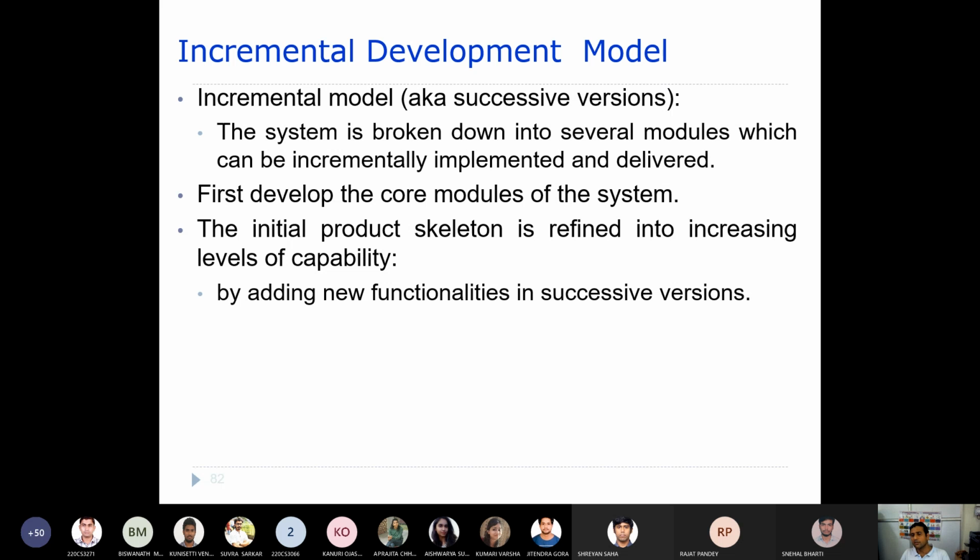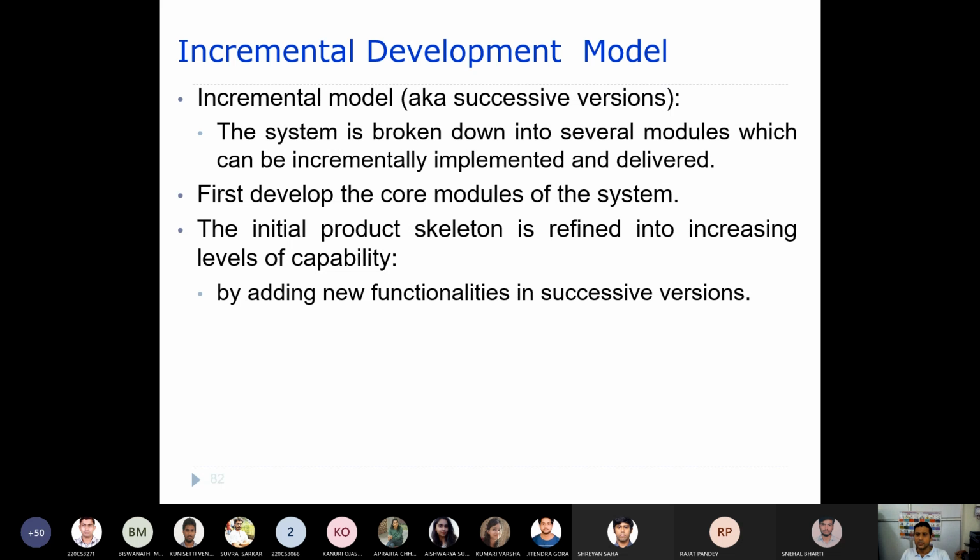You can think of it like this: when you develop an operating system, the kernel is the very core of the operating system. You first develop the kernel, and thereafter you keep on adding various other processes.